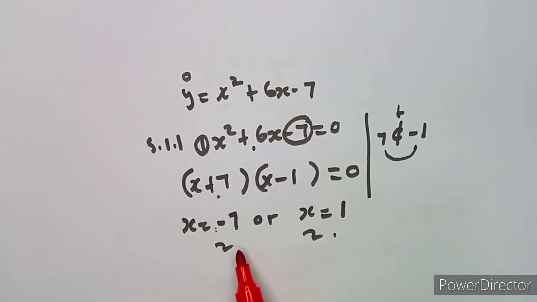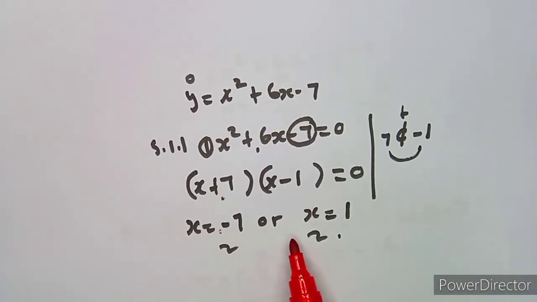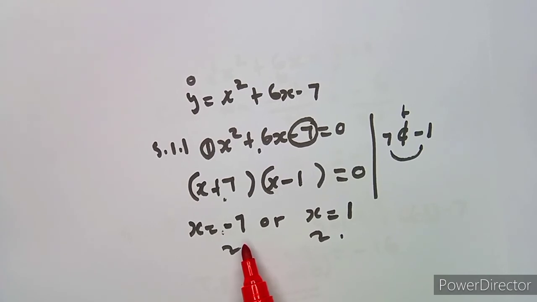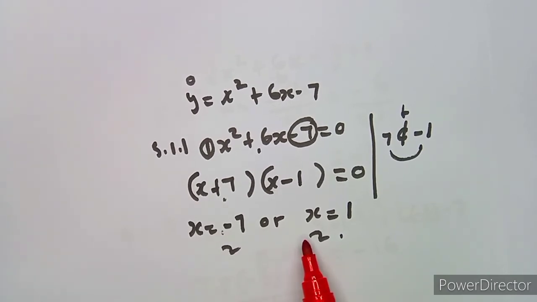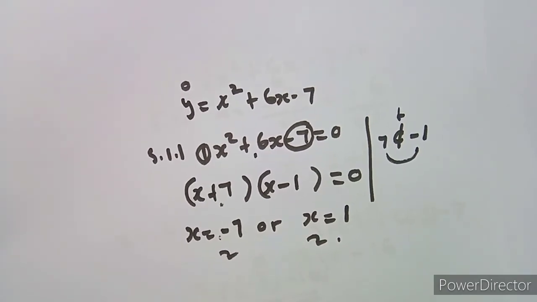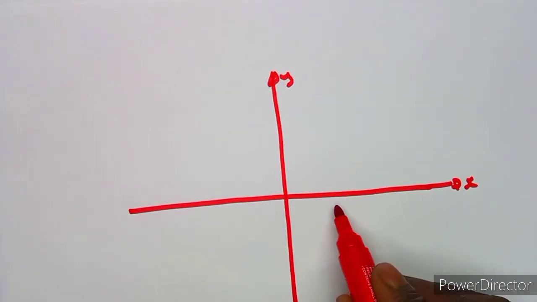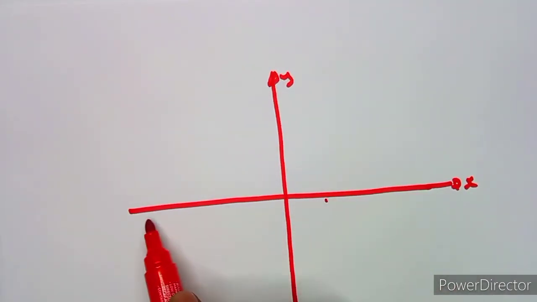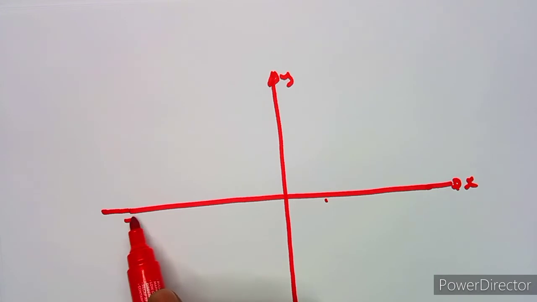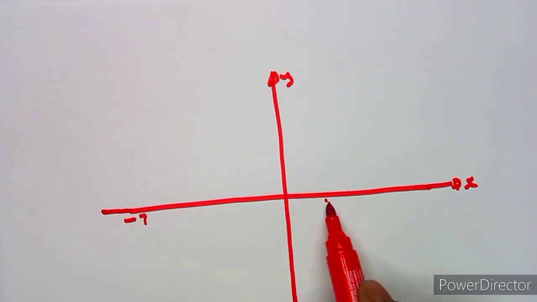Remember our x-intercept was at minus 7. Was this the one, guys? At minus 7, and the other one at 1. Yeah, the other one was at 1, the other one at minus 7. So you can have 1 here and minus 7, which is somewhere here. Yeah, so you just make sure that you mark your points properly, then the y-intercept and so forth and so